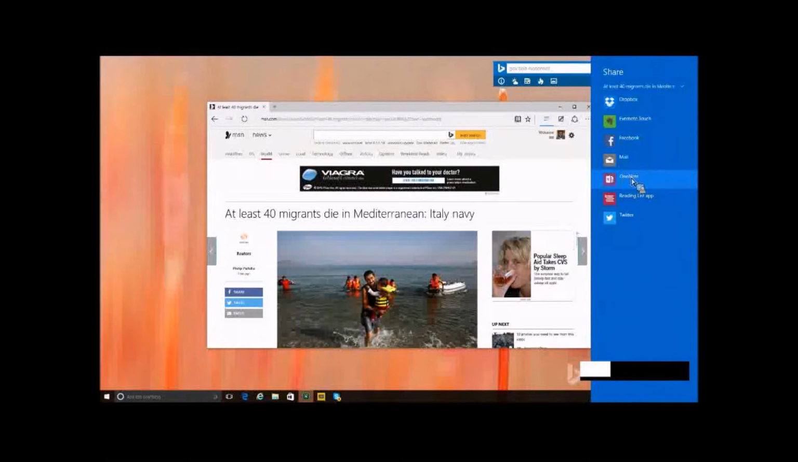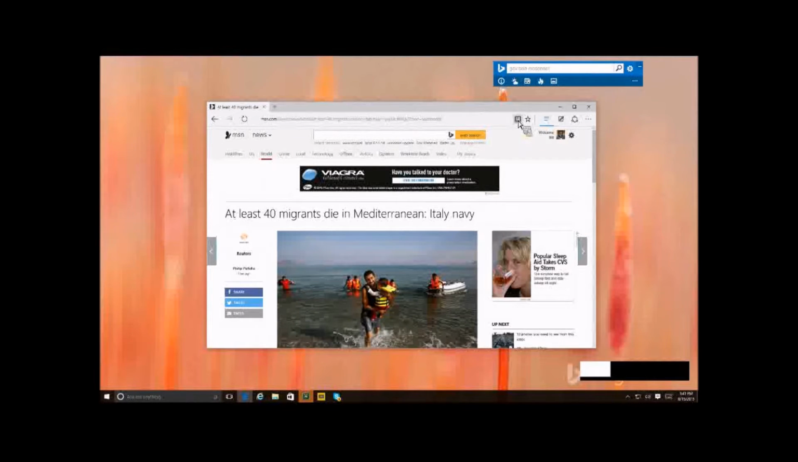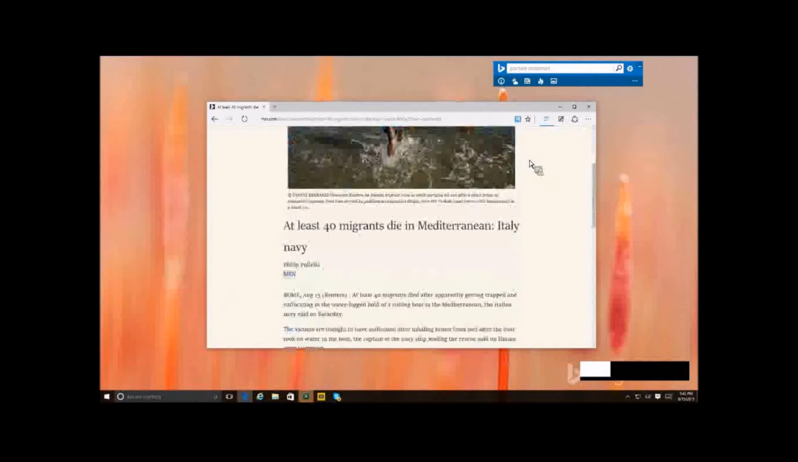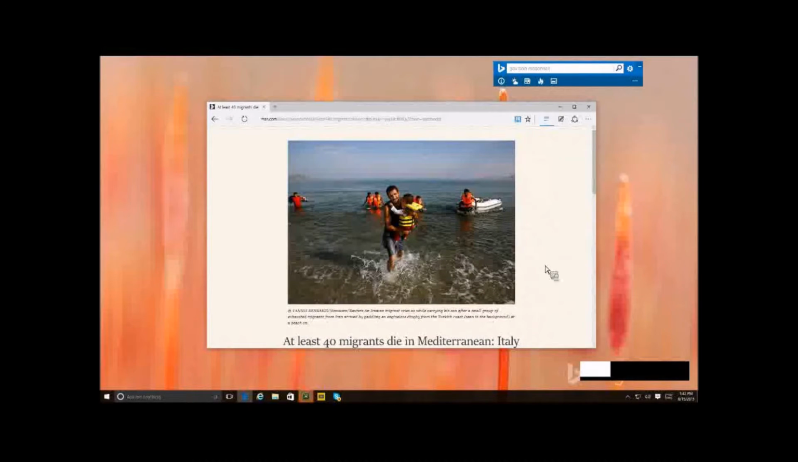Mail, OneNote, or whatever you care to share, the particular Facebook, whatever you care to share the document that you're looking at. One of the things too is that it was a carryover from the old Windows 8 Metro version of Internet Explorer is the reading view. Now you'll find this really handy if you are one that likes to print out